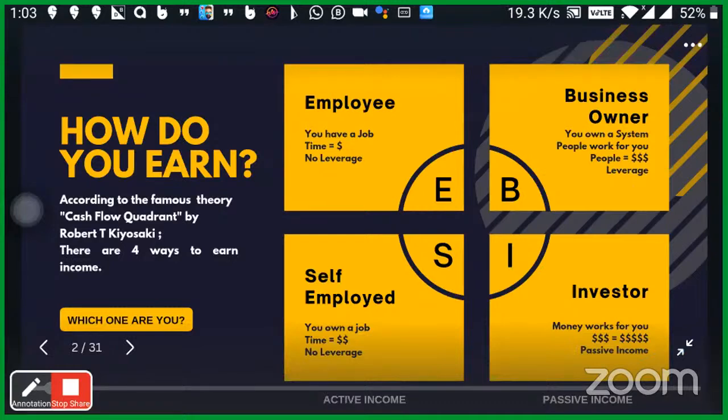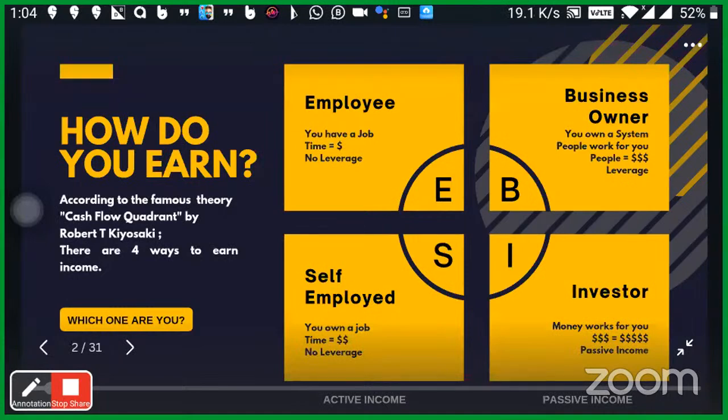Another thing that Mr. Robert Kiyosaki told in his book, the world's best-selling book: if you go to Google and search Rich Dad Poor Dad, or search Cash Flow Quadrant, you will see that it is the all-time most selling financial advice book. No other book has sold more than this book. So this is a bestseller. And one more thing that Mr. Kiyosaki explained in this book is that if you want to become rich, you must know the difference between a